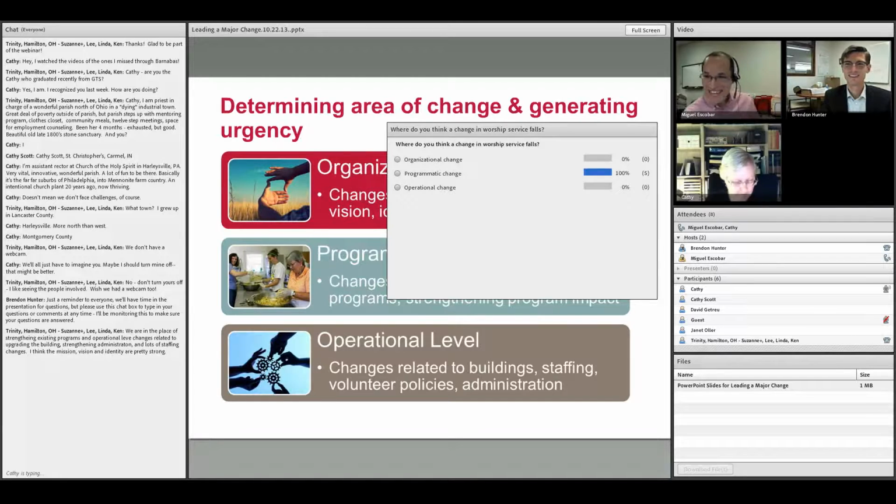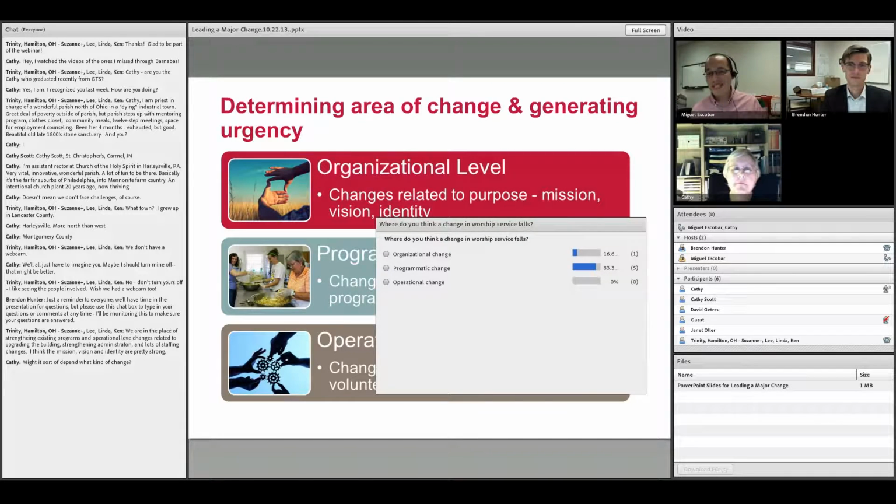I would argue, and I'm willing to be told I'm incorrect on this, organizational. Remember that organizational change has to do with purpose, with mission, with vision, with identity. In many, many cases, I would say most cases, there is nothing so core to the identity and sense of mission of a congregation as its worship service, right? And that's why